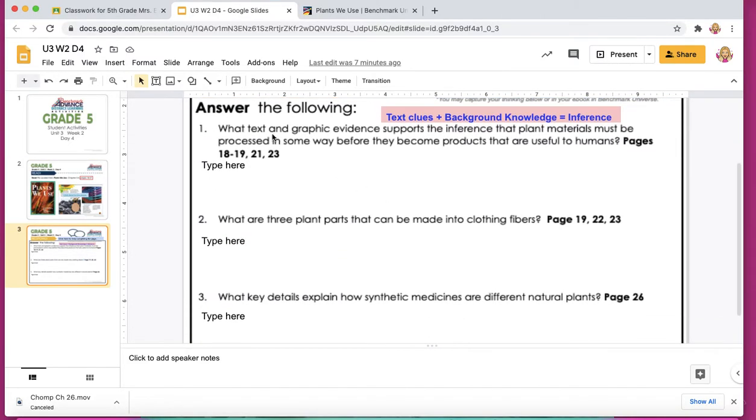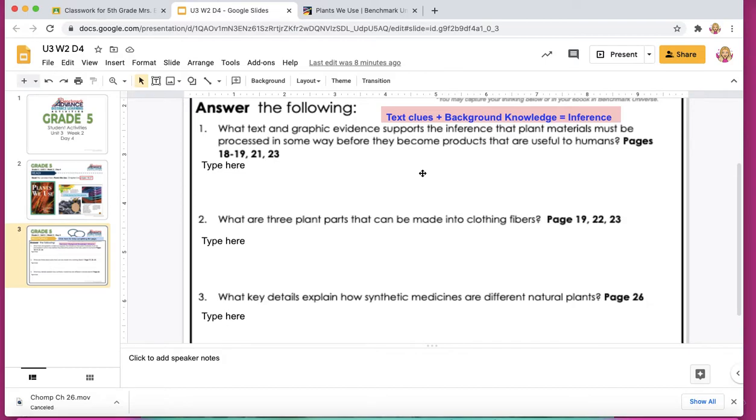So question number 1 says, what text and graphic evidence supports the inference that plant materials must be processed in some way before they become products that are useful to humans? So right here, this word inference, we've talked about this word before. An inference is where you take text clues plus background knowledge and make an inference. So this type of question, it's not going to be right there in the text. It's going to be something that we find evidence and then combine that with what we already know to make